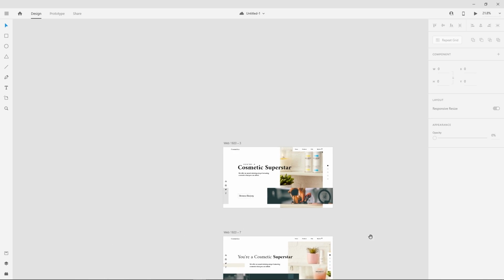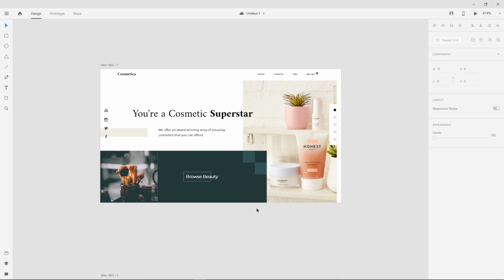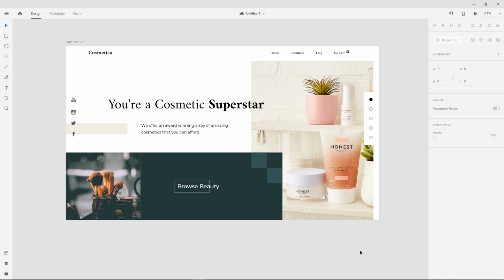So today we're going to take a layout that I created in my previous tutorial from last week, where I showed you how to create a broken layout or an asymmetrical layout. And a lot of you requested me to take one of the variations I created and do the front-end development process, or in other words, HTML and CSS, and make it a mobile-first responsive project that works in the browser. So just to show you what I'm talking about, we did 3 different variations. You can see right here. And I put out a poll to see which one you guys wanted the most, and it turned out to be number 2. All right, so this is going to be the layout that I'm going to show you how